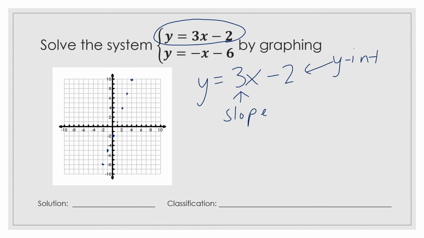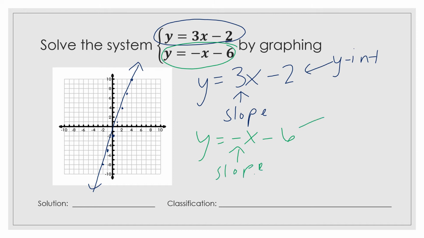All right, so the first line would look like this. Oh, that was a little bit off. All right, so now for my second line, y equals negative x minus 6. So this is going to be my slope at negative 1, and then my y-intercept is going to be at negative 6. So we're going to start with our y-intercept at negative 6,